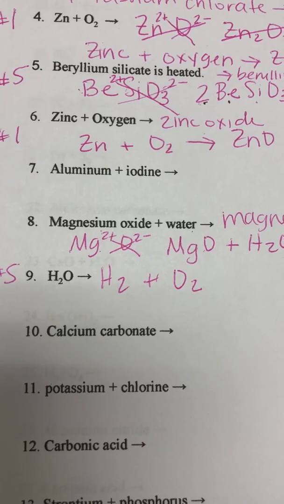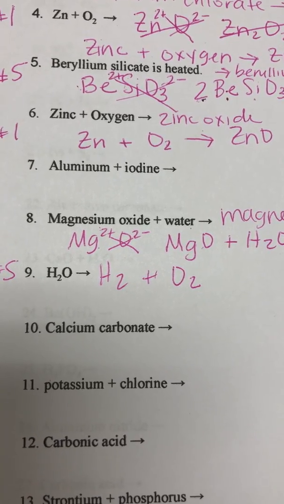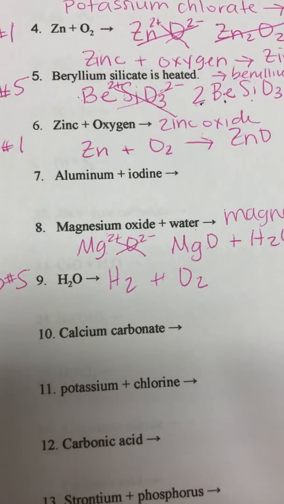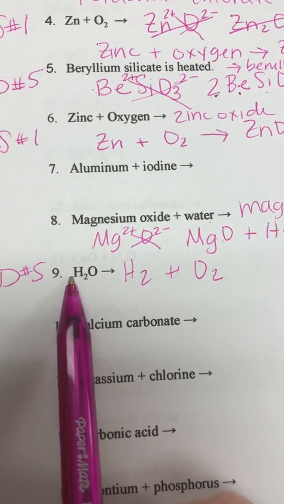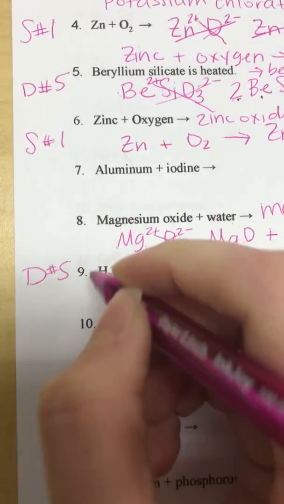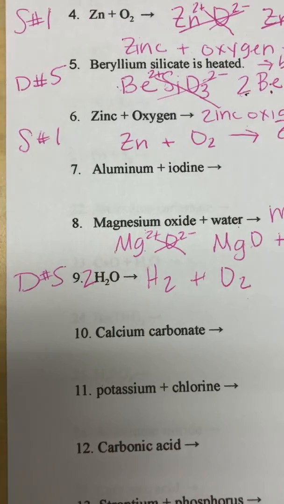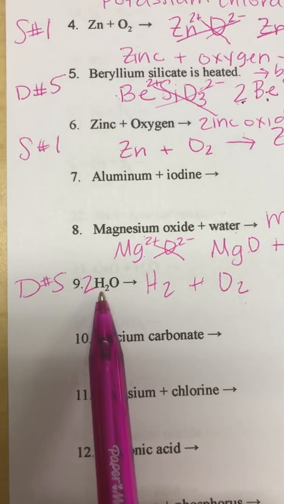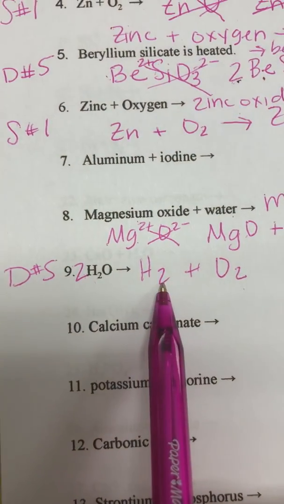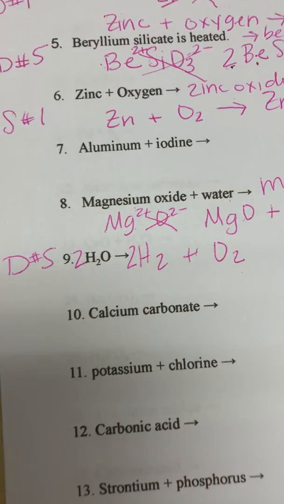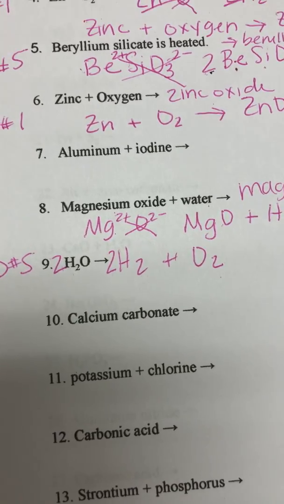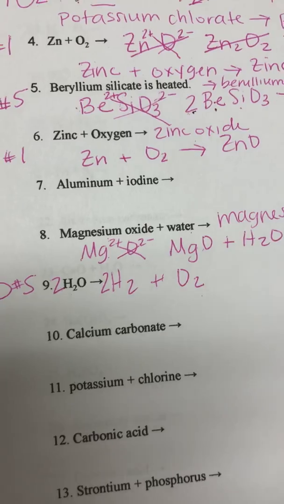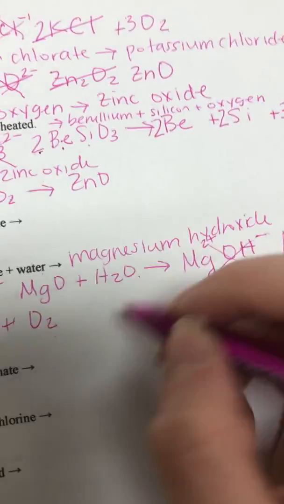Now I just have to balance it, but my oxygens are not balanced. So what do I need to multiply this oxygen by to get 2? I need to put a 2 in front of that whole compound. However, that alters my hydrogen. So now I have 2 times 2 is 4. So I need to put a 2 coefficient for this hydrogen to get 4. So now I'm balanced. And I am just going to write out my word equation, which is water